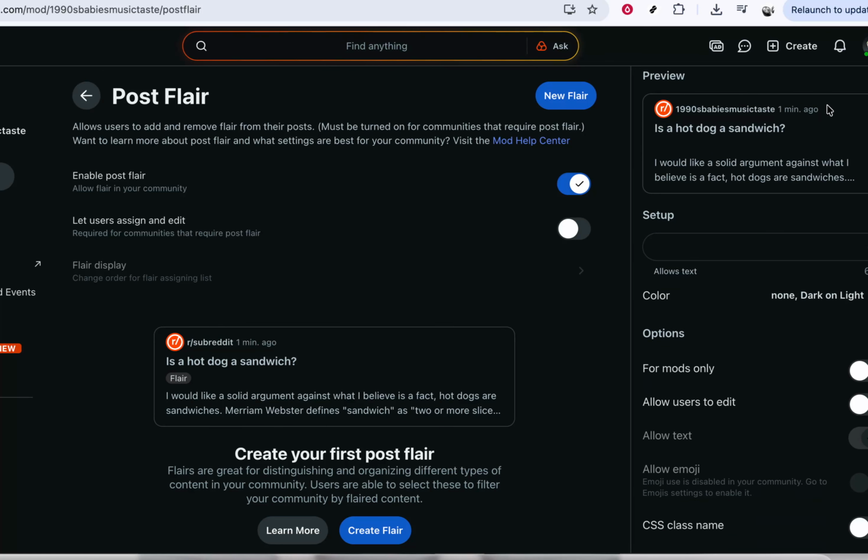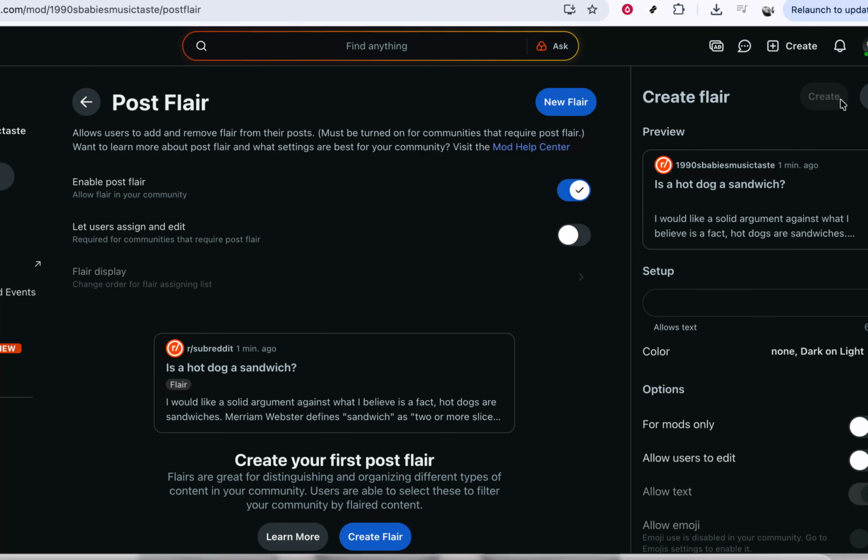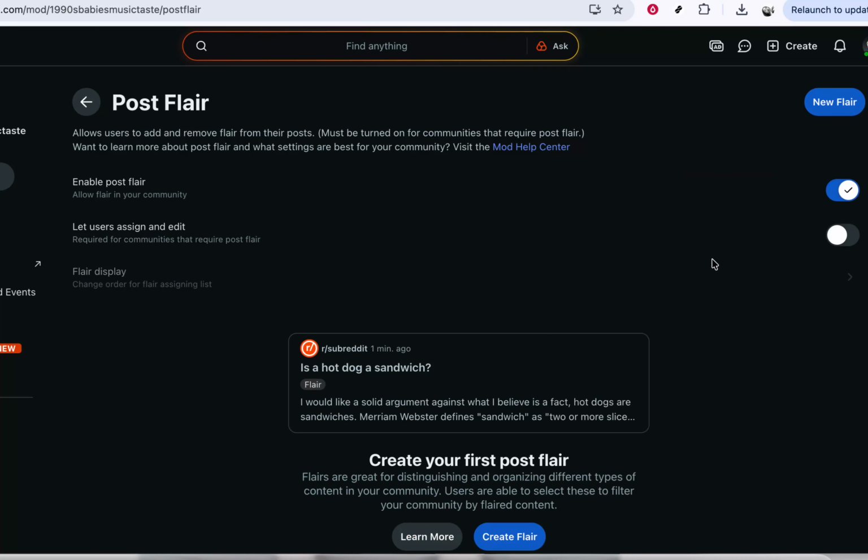Typically, you'll be able to turn post flare on, create new flare labels like question, discussion, or news, choose colors, and decide whether users can select flares themselves or if only moderators can apply them. Take a moment to think